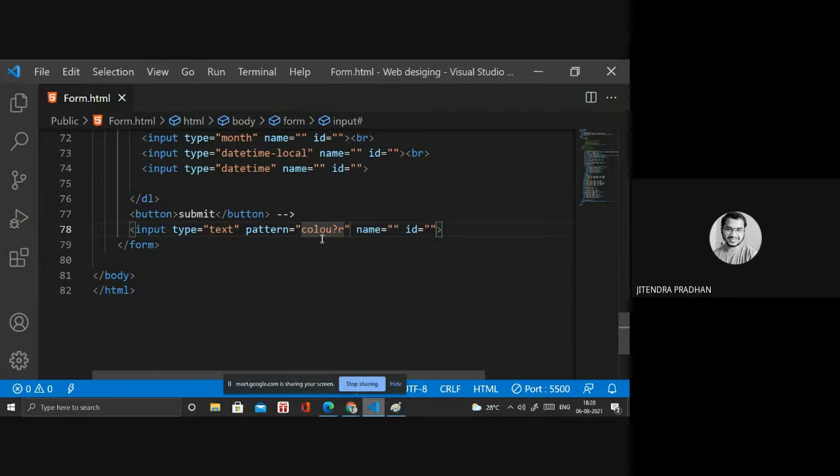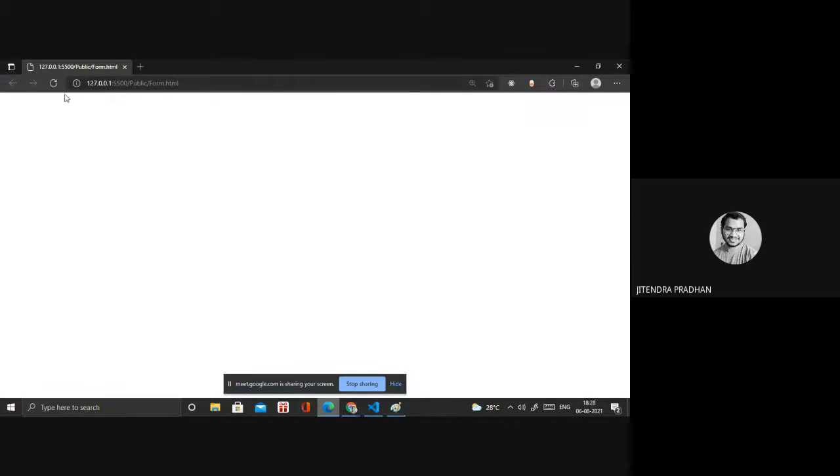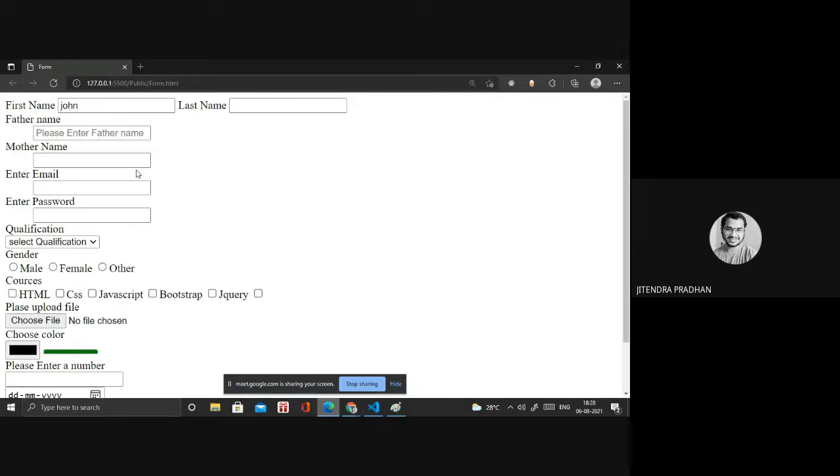What is the meaning of that? I already told you: the question mark defines zero or one occurrence of a character. And if I give an ID, if I require, then I will write text. Okay, open. But it's still not showing me.